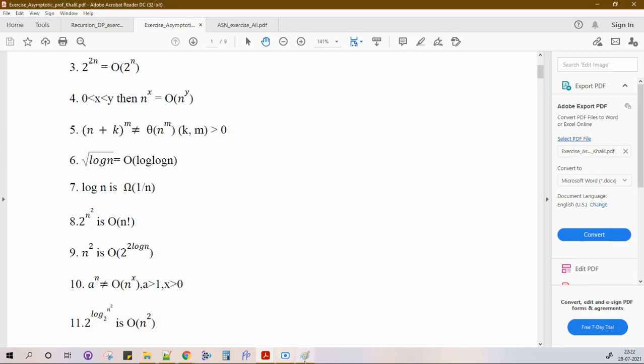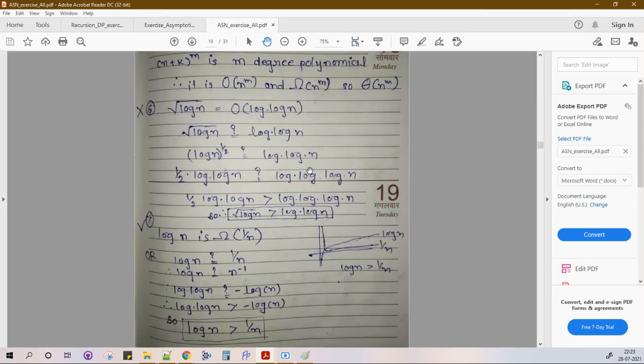Let's compare root log n. Is root log n order of log n? How can we say that? This is nothing but the simple order of degree of functions, right? So the first is constant, then log n, then something log to the power something. So it is log to the power 1 by 2. So this cannot be upper bounded by log n. This is false, because root log n is greater than this. Correct. So 6 is also false. But Mayur, the opposite can be true, correct? Opposite can be true. Yes.